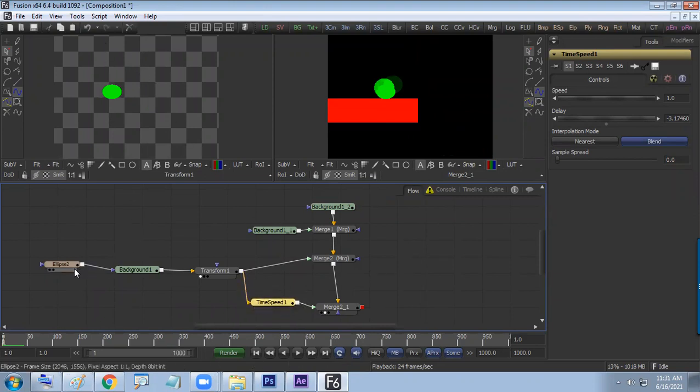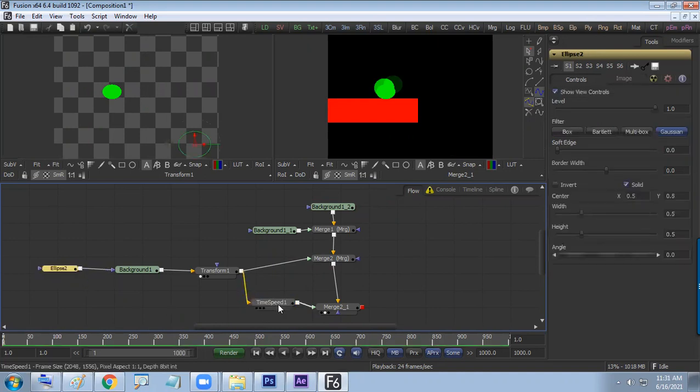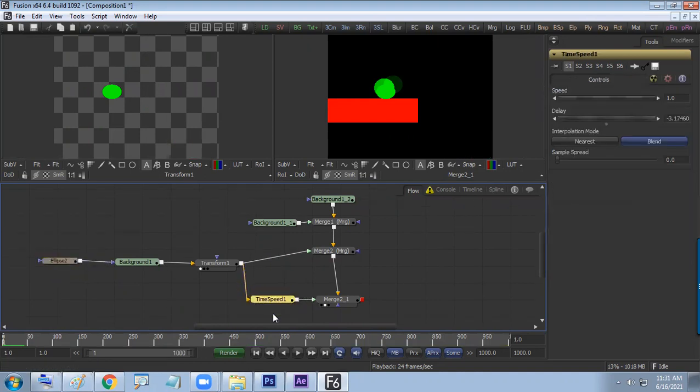So the new nodes we have introduced today are called Ellipse and Time Speed. Time Speed is a node where you can make the whole animation get a 1 frame delay or 2 frame delay like that. As well as it has an option called speed. We have not touched the speed, it is 100% speed only, the original speed. But the whole speed can also be slowed down or made fast. It can be done in two different manners.